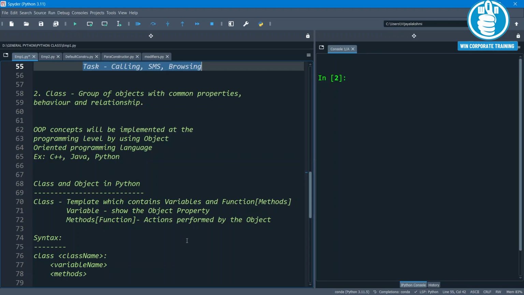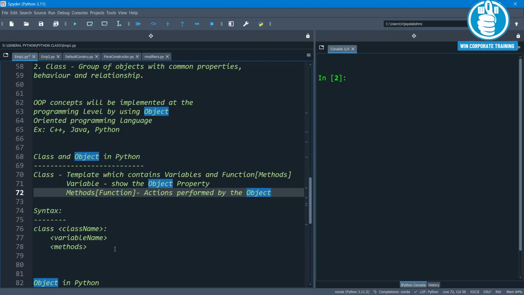Now, let us try to understand the meaning of the class in terms of a programming language. Class is a template which contains variables and functions or the methods. Variables show the object properties and methods are the functions in the class that show the action performed by the object.